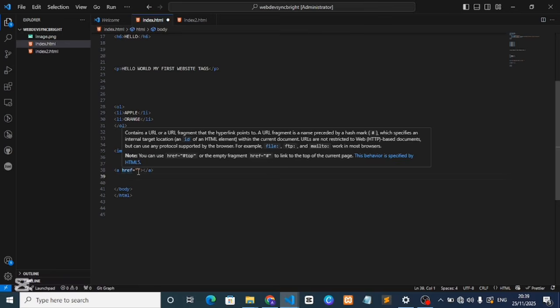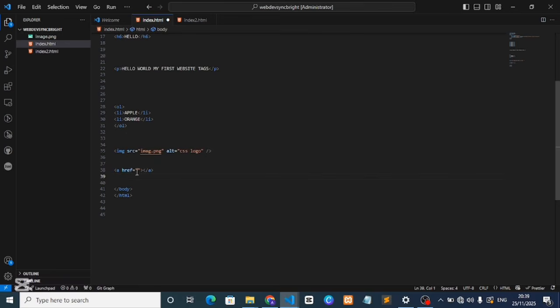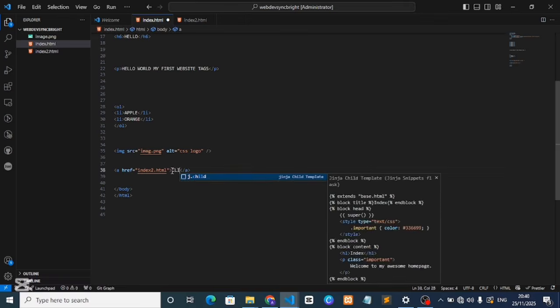So what will we do next? You write href, then you write equal to then two quotes. So what is the meaning of the href? It means give the path to that other page. So what is the path? Index2.html. I want to go to index2.html. So this is the location I want to go to. As you can see in the image, how do you write the path? You use source, src, but in the a tag or link tag, we use href for location. So let me write click me,